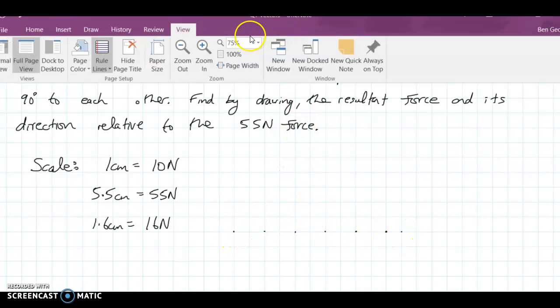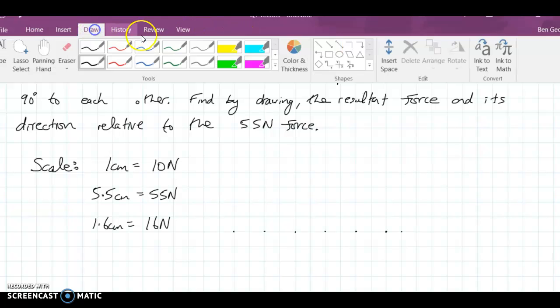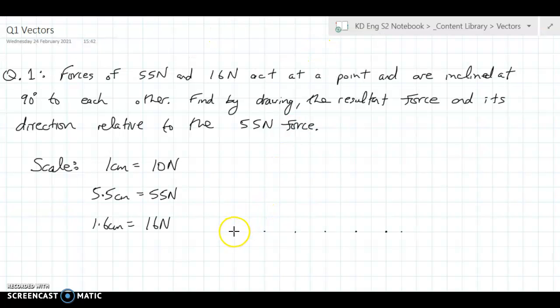So I'd have to draw a line from here out to there, and I'm pretending that line is 5.5 centimeters long, 1, 2, 3, 4, 5.5. And then I'm going to have a 1.6 centimeter line acting at the same point, but